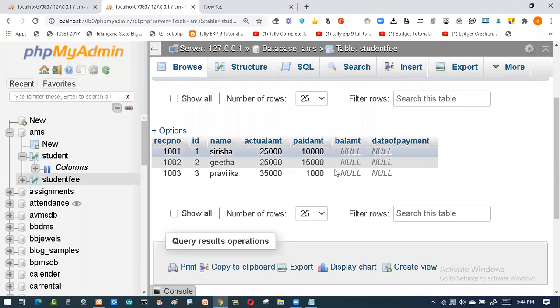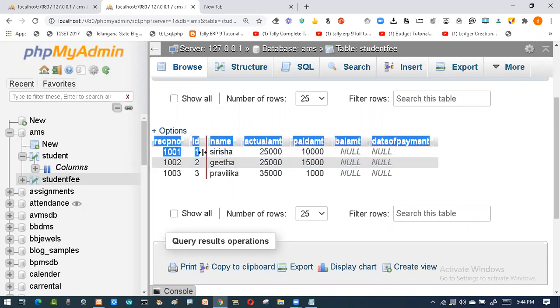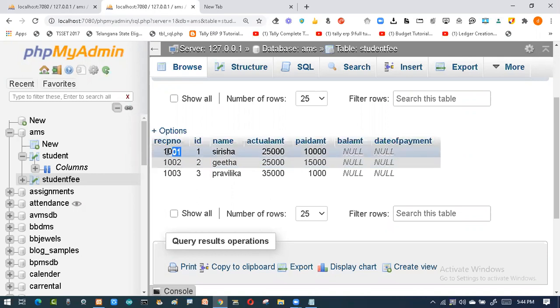It should not be for one person. See, the scenario previously: with the help of the update command, if you want to fill the gaps or change the values, I use the update command. What was the condition for the update previously? This person came individually. Sirisha came, she paid the amount, so I gave the receipt to her. Geeta came, I took the amount and gave the receipt to her.